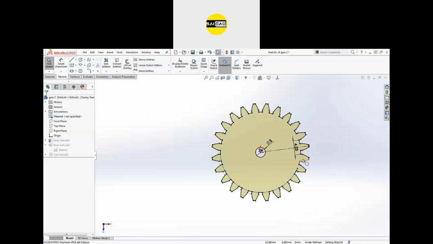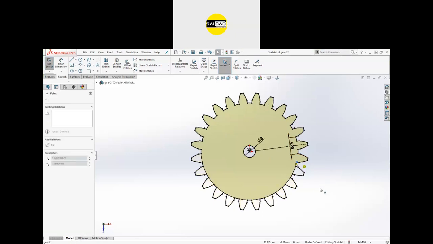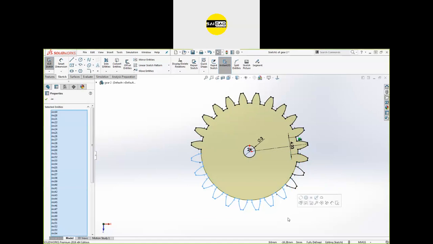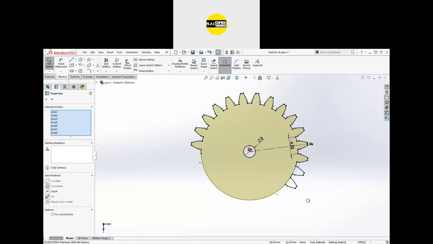So if you see in the drawing, we have only up to this component, so we can just move it up to this point, and we have components up to this one. You can see this arc will do all the work. Just select these, you can just delete. Okay, or you can just suppress them. I will move up to this point.